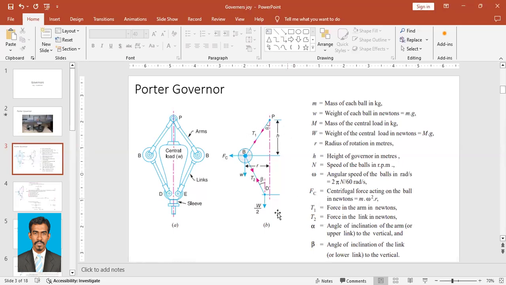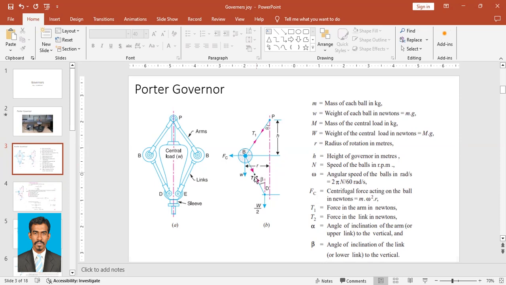And also there are a few additional terms here. Now we are taking into account the angles also. Alpha is the angle between the arm and the vertical shaft. The upper arm, I'll consider it upper arm. And beta is the angle between the lower arm, or we can consider it sleeve, and the vertical shaft. This is the arm, this is the sleeve. So these are two additional terms, alpha and beta,